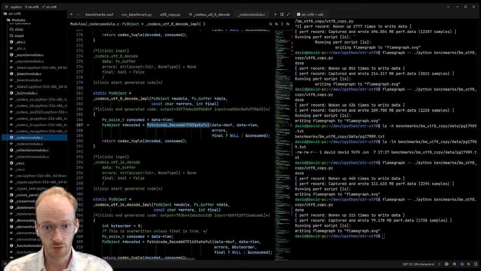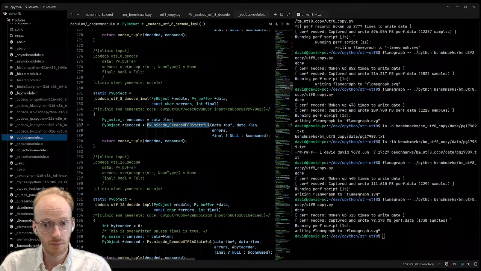Which was, because it's using a specific error handler, this will trigger decoding. And that makes sense, really, if you're in the codecs module asking for decoding.